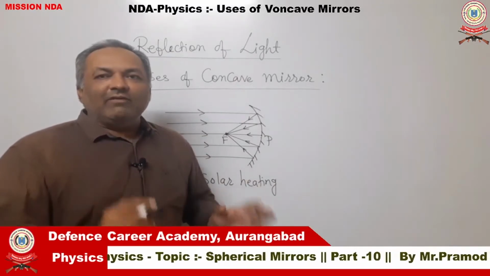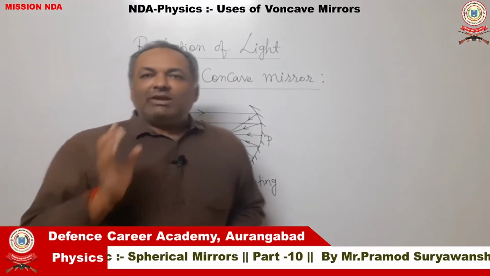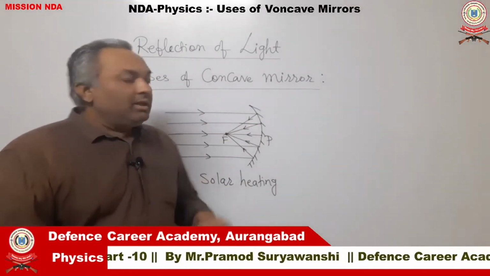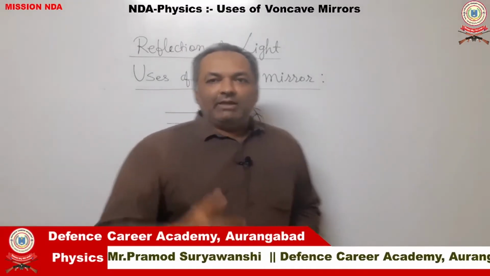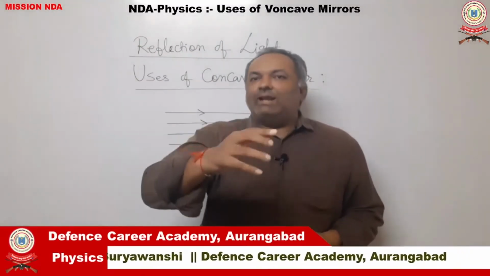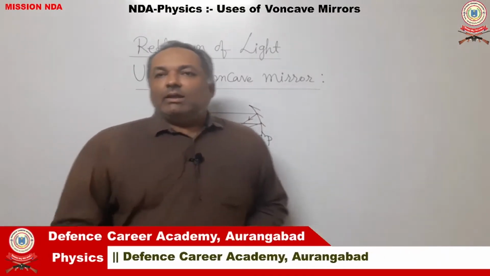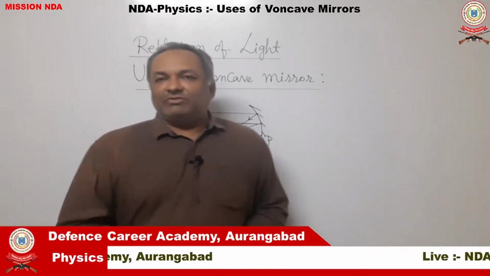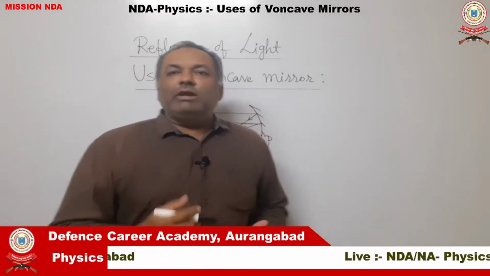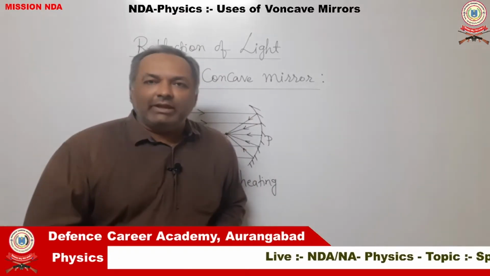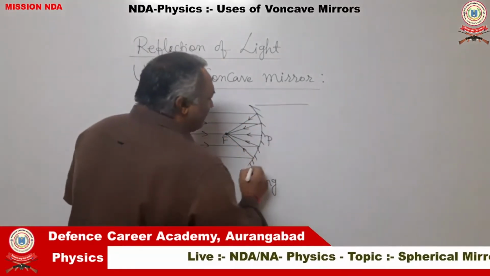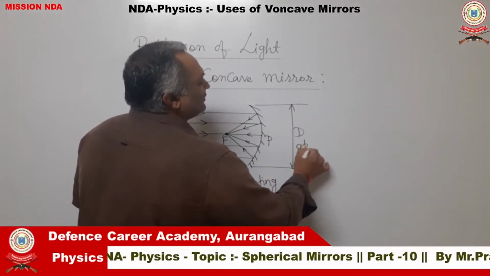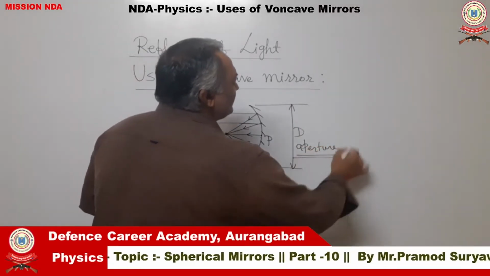So for that, the first thing you have to do is the object that is to be heated must be placed at the focus exactly. Then the orientation of the mirror should be set in such a way that the rays of sunlight incident on the mirror are parallel to the principal axis as much as possible. Third, if you really want to generate a very large amount of heat, then the overall diameter of the mirror, which is also called the aperture of the mirror,